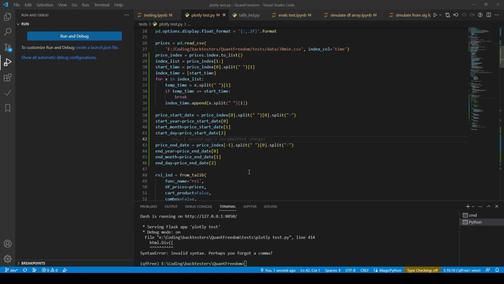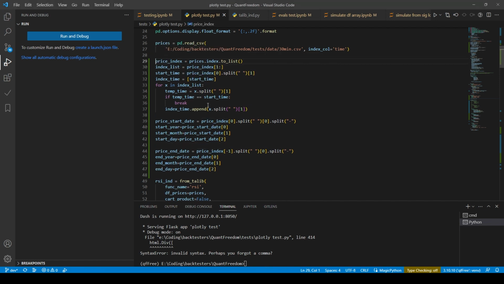All right. So if all I need is the price start date and the price end date, and then I need the end year, end month, end day. If all I need is that, and then I just need all of the different times that are available for those, then I get all of the times, and then I just grab the first date time, then I grab the